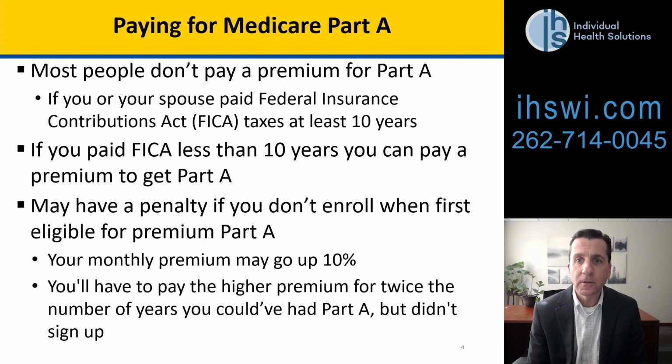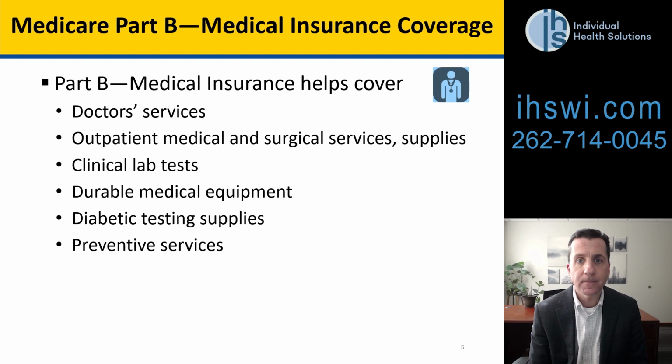For most people, there is no monthly premium for Part A. As long as the individual has worked and paid into Social Security and payroll taxes for at least 10 years, Part A is no cost to them, and if they have a spouse, would be no cost for their spouse as well. And the fact that this is a no-cost coverage is sometimes why people will continue to work and have coverage through their employer plan, but sign up for Part A because it acts as secondary to their employer plan and there's no monthly premium for that.